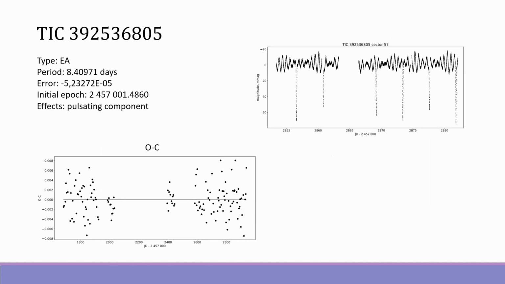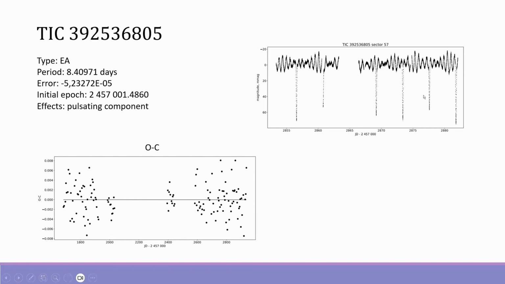So the next star, TAC 392, is classified as spectroscopic binary. However, more detailed classification was not provided. Based on plotted phase curve, we classified this object as EA Algol type variable, as it has flat maxima and sharp minima as well. Furthermore, the photometric data provided by TESS shows us the evidence of pulsating component, which is firstly visible from the light curves and phase curves of all sectors. The short periodic pulsations are clearly visible on maxima. Moreover, there are different pulsations detected visually.